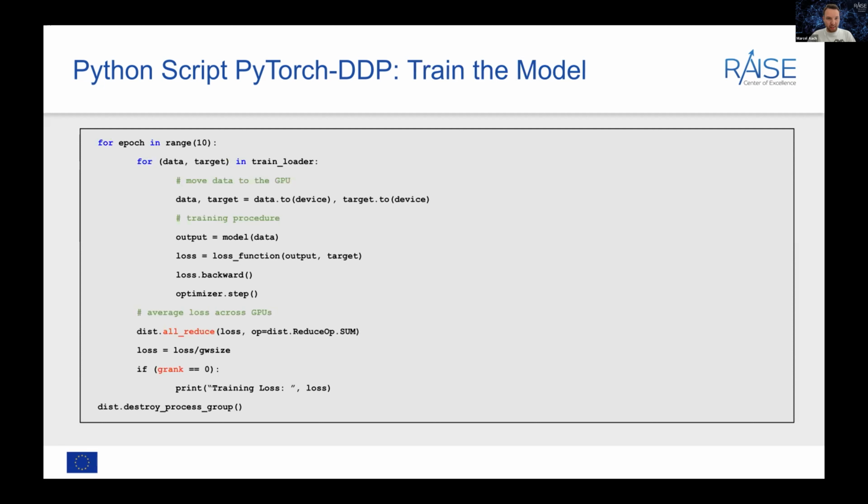This is again the training function. So things look pretty similar to the Horovod case. We first need to move the data we get from the train loader to the GPU. Then we run our training procedure where we send the data to the model, calculate the loss, and do one optimizer step.